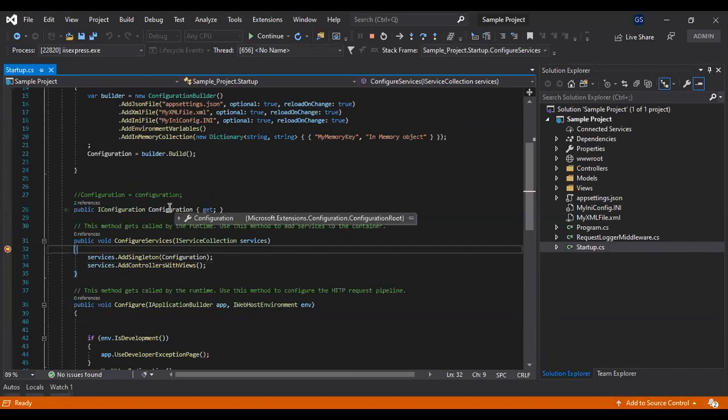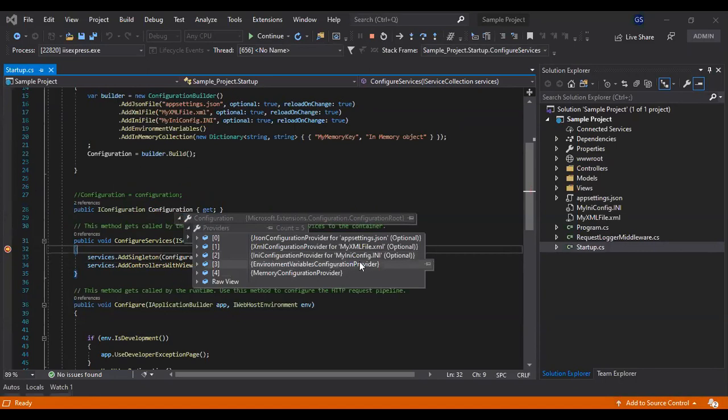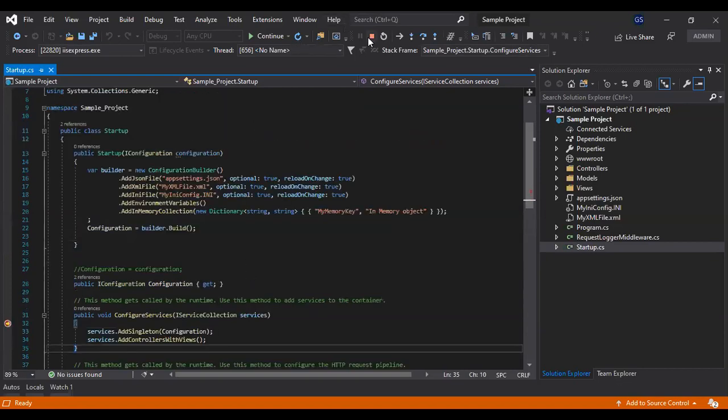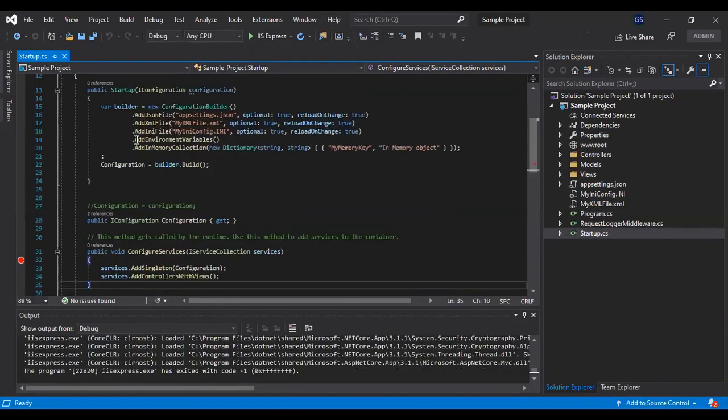Inside the configuration provider, the environment variable configuration provider, we have around 70 environment variables set on my machine. But for now I would require only ASPNETCORE.